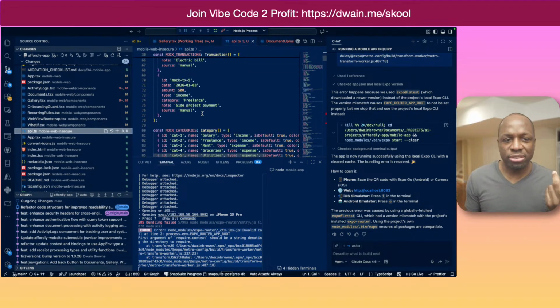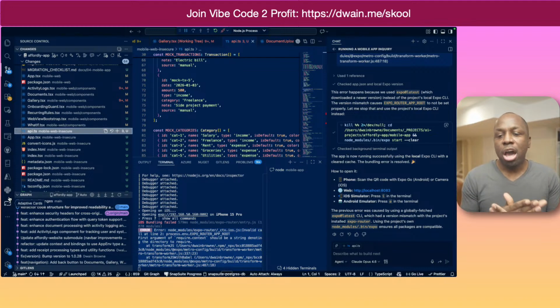Obviously, Cursor could do the exact same thing as well. But I'm like, you know what? I'm comfortable with VS Code. I've got all my stuff set up the way that I like. I'm fine with it. And now, after, was it Sonnet 4?